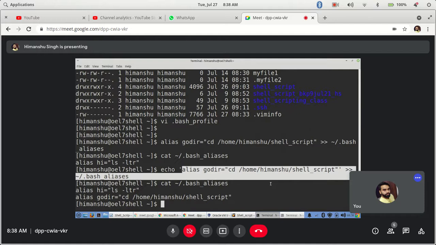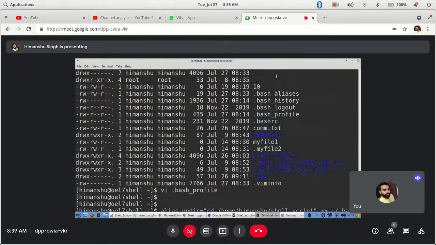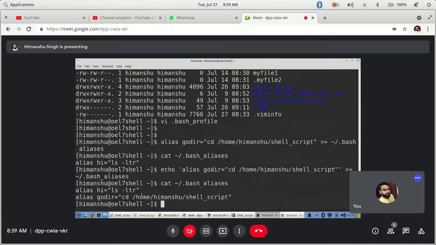Okay. Function-based aliases can also be created. You can check whether you are able to do it. Also, as a good practice, maybe you don't want to put aliases here but want to do it at system-wide level, for the whole system. This is better for the user level, if I am doing it for the Himanshu user. But let's say I am doing it for all the systems, at the system level.